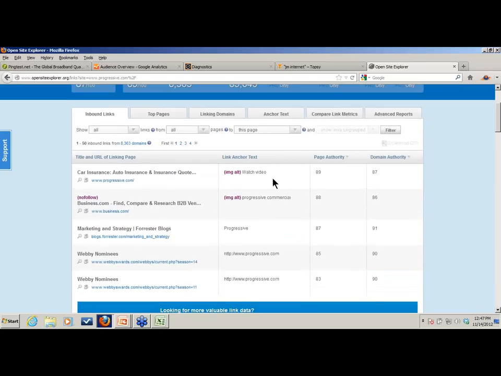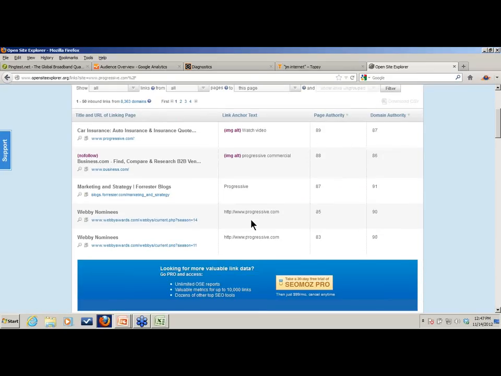And what this is getting at is telling you page authority is sort of how important you are in the pecking order. The fact that the Webby Awards has a link to Progressive makes it a very powerful page. That's a very valuable link. Business.com is super powerful too, but it's deprecated because they're using the no-follow attribute. So this is less of a metric that's important, but,